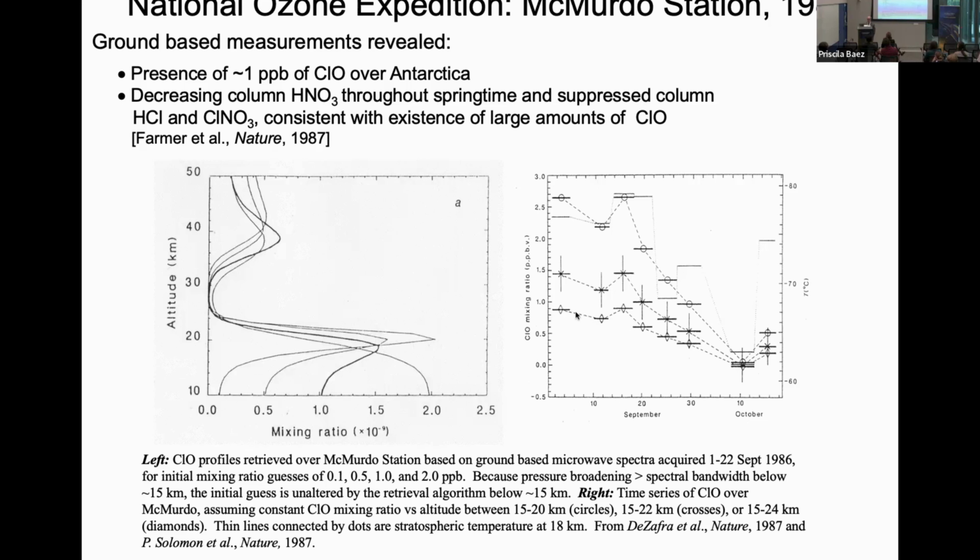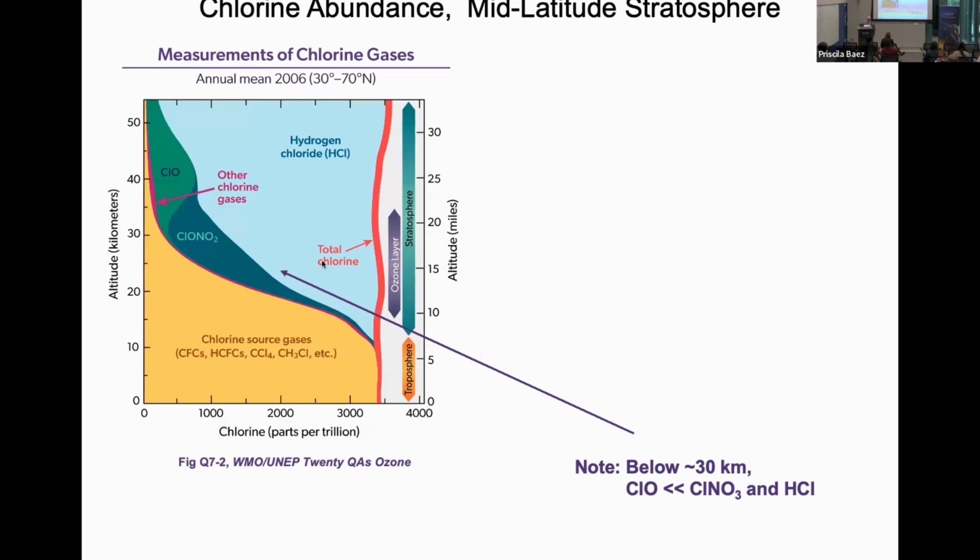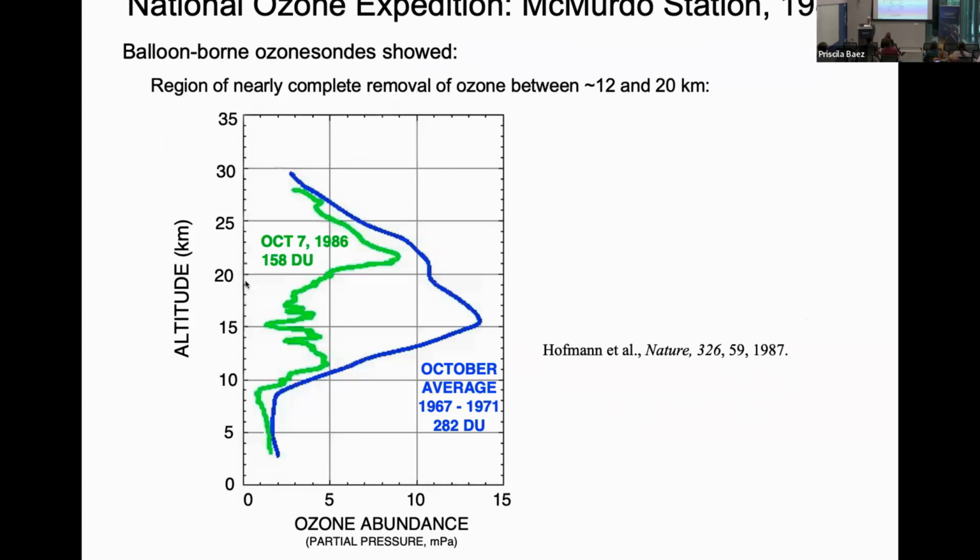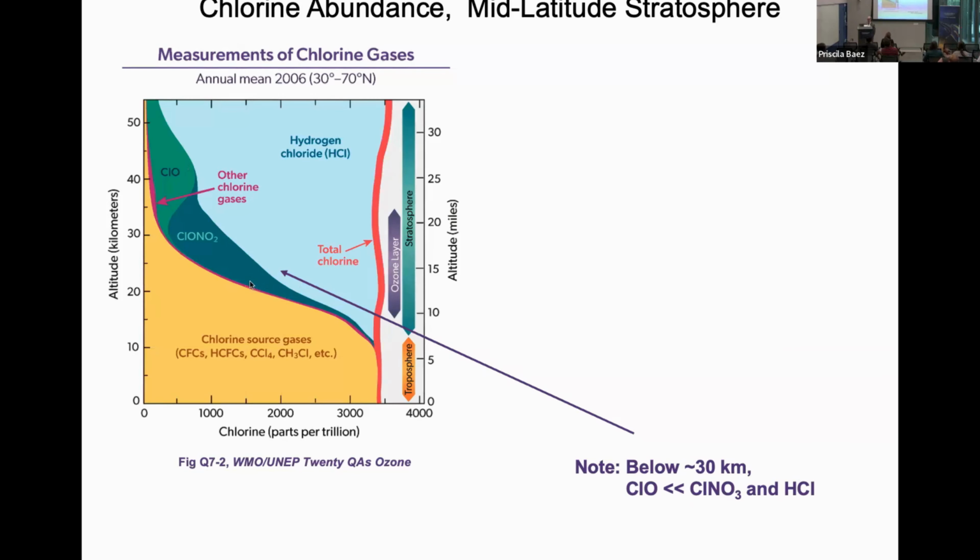And this graph here shows the abundance of ClO as a function of time that they measured from the ground based on various assumptions. This is basically various assumptions about what altitudes ClO is at. So this is remote sensing. Now, Molina and Rowland predicted this. Down low, we expect all the chlorine at 20 kilometers. 20 kilometers is important, 15, 20 kilometers, that's where we're losing the ozone. Down low, we expect all the chlorine to be in the form of chlorine nitrate and HCl, which we call reservoirs, because they don't lead to ozone loss.